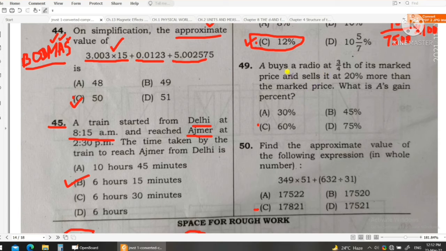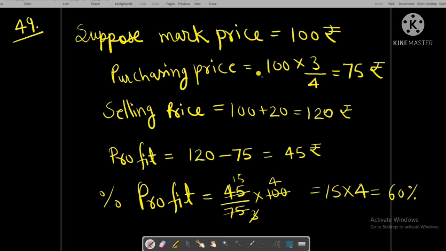Question number 49, sorry. A buys a radio at 3/4 of its marked price. 49 question. It is very important and very easy also, conceptual question. एक रेडियो है जिसको कोई खरीदता है और उसका जो मार्क्ड प्राइस है उसके 3/4 पे खरीदता है और उसको फिर जो उसकी मार्क्ड प्राइस है, उसके 20% एक्स्ट्रा पे उसको रीसेल करता है। तो बोलता है कि ए का परसेंटेज प्रॉफिट कितना होगा।